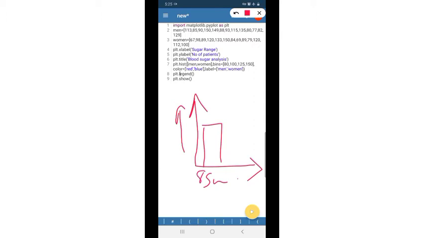We know the normal blood sugar level starts from 80 to 120. So we can create a range from 80. We have to create a range along the x-axis.